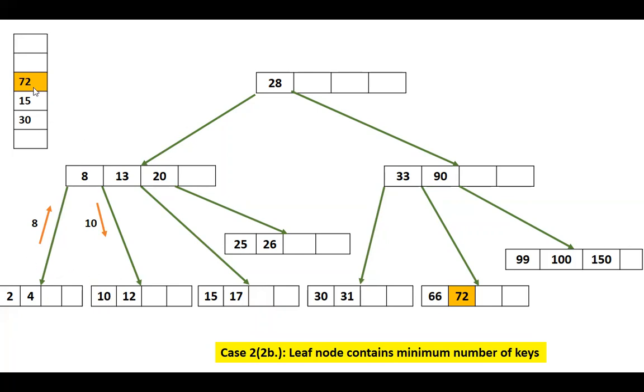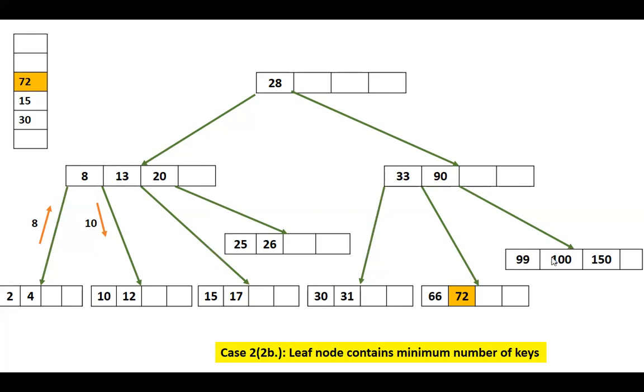Okay. Next, what you want to delete is 72. So again, check it, greater than 28, right? But less than 90, greater than 33. So come to this pointer here, 72 is there. Now again, you will check. This is a node which contains the minimum number of keys required. We cannot directly delete 72. So you will try to borrow a key from its left sibling or from its right sibling. Now, if you look, the left sibling also has the minimum keys required. So you cannot borrow a key from the left sibling. So go to its right sibling. The right sibling has an extra key because it requires 2 and it has 3.